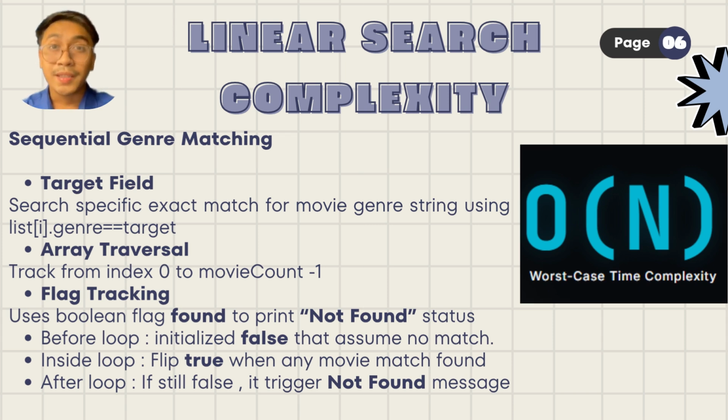Then on page 6, we look at how the system finds movies using linear search. For our general search, it traverses sequentially from index 0 to check for an exact string match. For title search, we make it a little bit smarter by using a substring match, which lets users find a movie even if they only type a partial keyword. To talk about the system performance and efficiency, let's look at the next page with